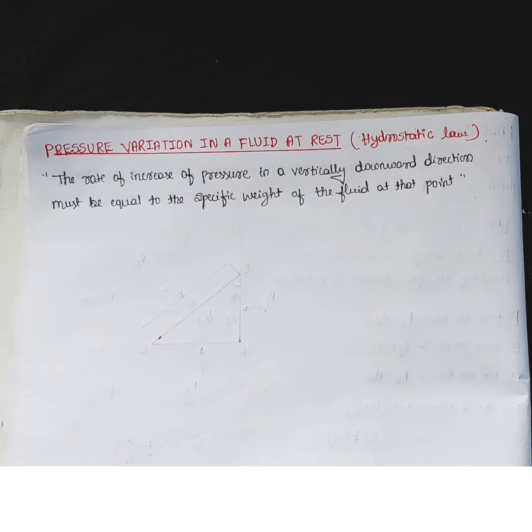We know that as we move in a downward direction in any container or system which contains some fluid, the pressure is going to increase. Also we are going to get some effect called the buoyancy effect. So that pressure variation we need to take into consideration. At the top surface the pressure is different, and it is going to vary as we move in a downward direction. That variation of pressure will be given by the hydrostatic law. Now we are going to prove this hydrostatic law, whether this variation of pressure is equal to the specific weight or not.